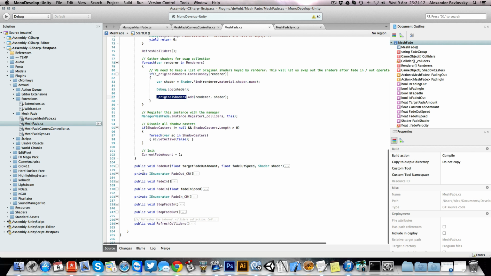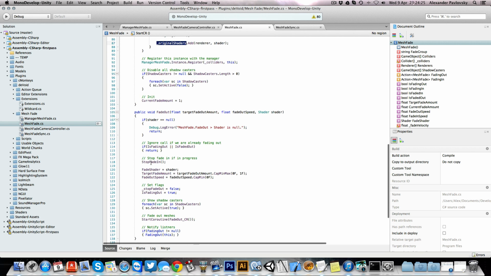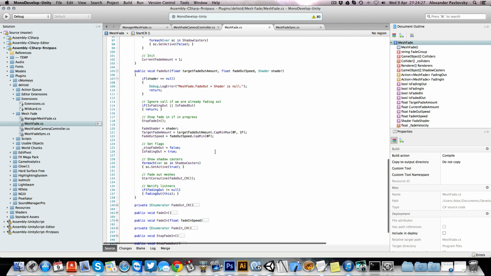And from this point onward, we only need to do two things. We either fade out the MeshFade component, or we fade it in. Now the fade out: basically what happens here is you provide, if you're going to use it manually, the amounts, the speeds, and the shaders and whatever. In our case, this is handled by the manager,